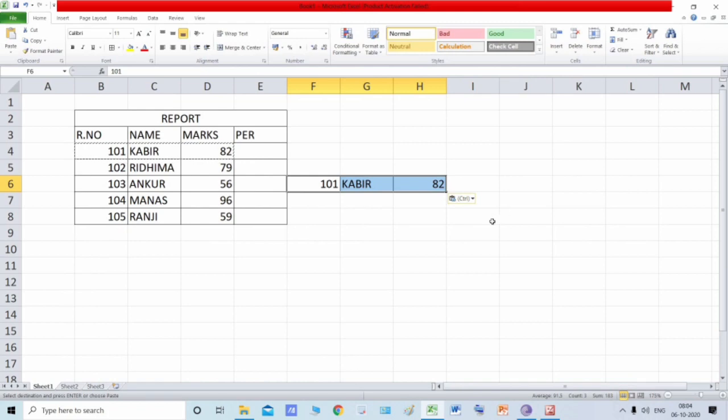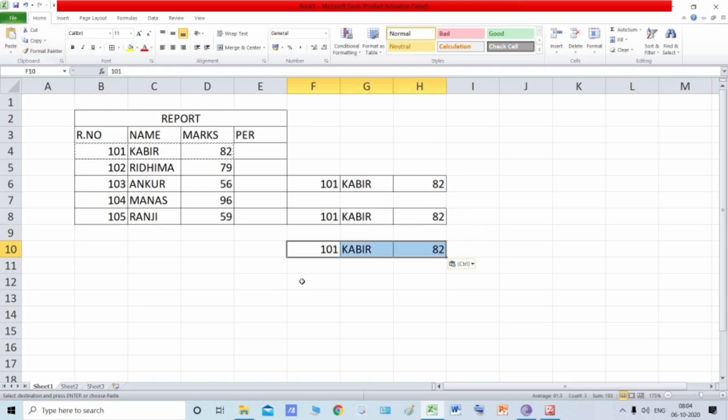So now if you want to copy the same data, suppose over here, just go to that location and click on the paste button. Again you want to copy, go to the same location and click on the paste button. Why is this happening? We are no more copying it, but because of this dashed line, this is still copied in our clipboard. That's why we can paste it for as long as we want. So this is regarding copying of your data.